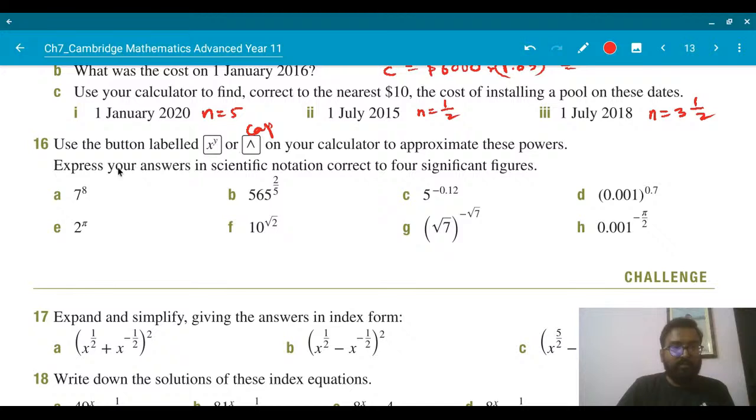Use the button labeled exponent, the cap, on your calculator to approximate these powers. You have to use a calculator to find these values. 7 power 8. So in the calculators, what happens? There is an exponent button. If you need 7 to the power of 8,